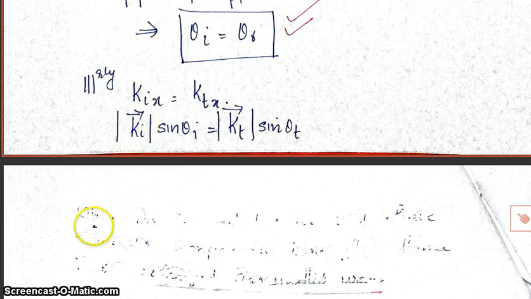Similarly, you can write KIX equal to KTX. From that I can write the amplitude of Ki sin theta